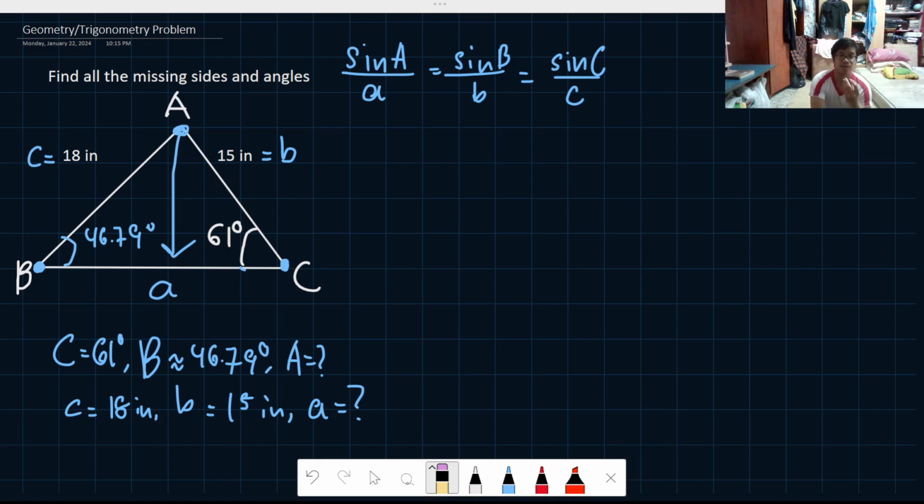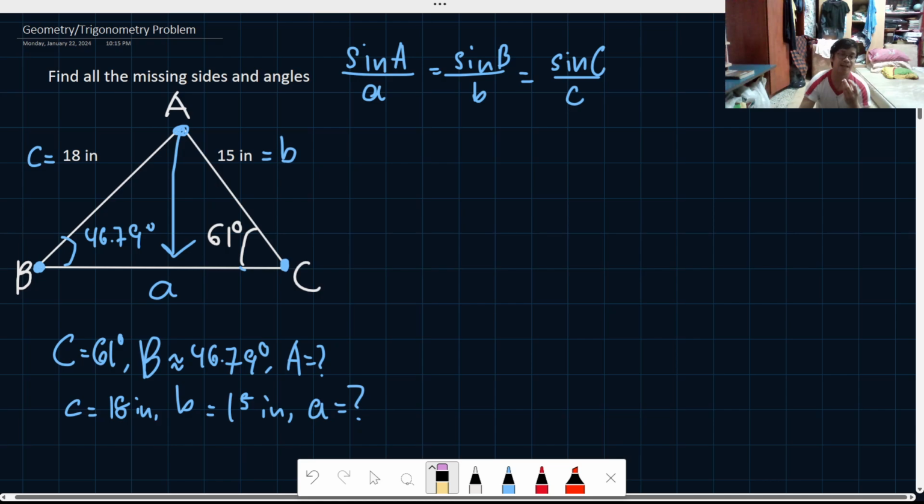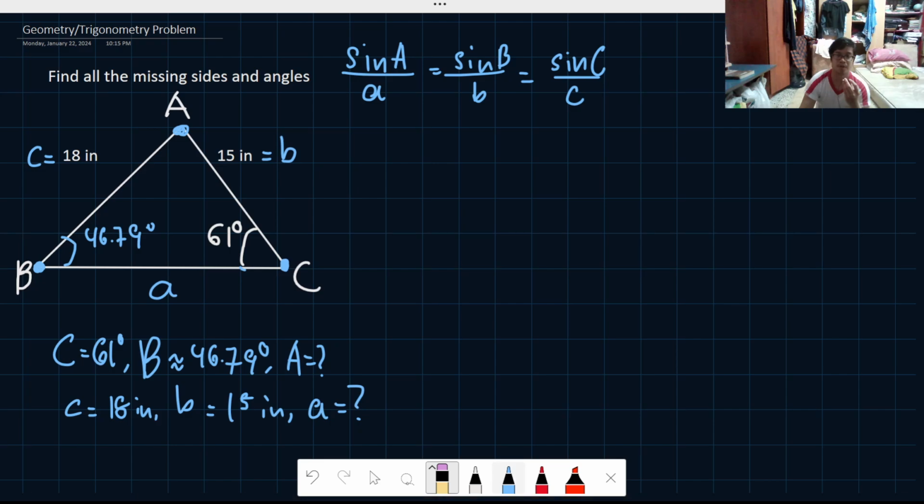What next is that we can find angle A without the use of law of sines. All right. We can find angle A here. We can do that without the use of law of sines. The question is how? You see, this angle A, angle B, and angle C, these angles are what you call the interior angles. Basically, the angles in the corner of your shapes.